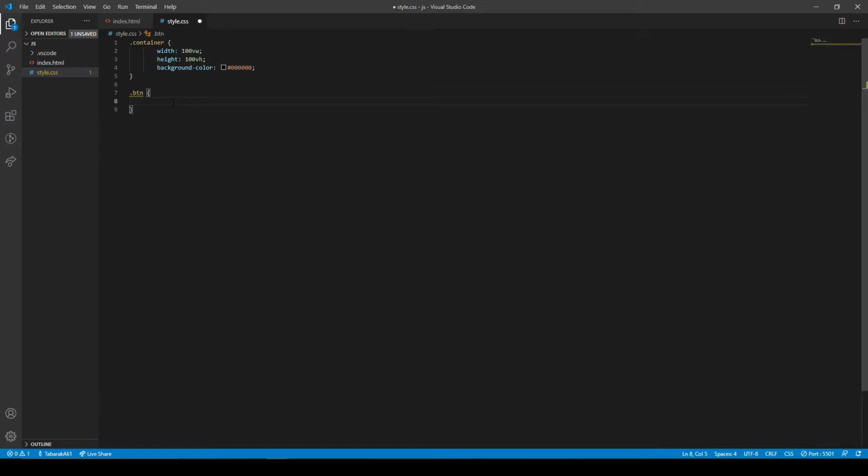One thing we are going to do is position it fixed. This position is going to be fixed, and from the top it's going to be 50%, so in the vertical dimension it's going to be 50% from the top, and from the left side it's going to be also 50%, so that we can align it in the center on the horizontal axis. And then what we're going to do is make its color white so that we can see it, and then